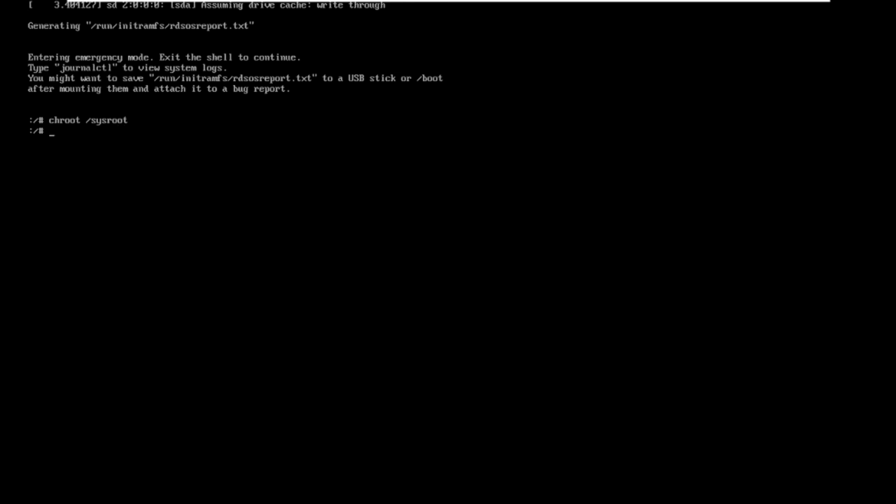With that done, the next thing for us to do is to actually change the password by typing passwd and pressing enter. This will change the root password, and we specify whatever root password we want to change it to, and then retype that password again. And once that's done, the next step is for us to